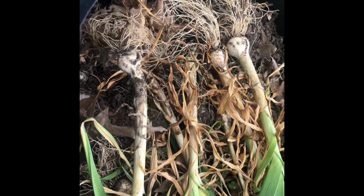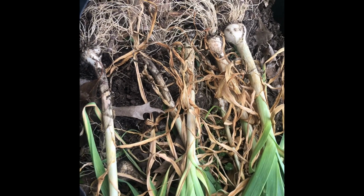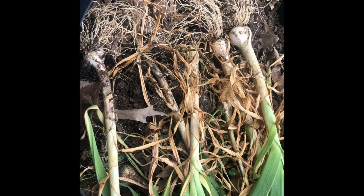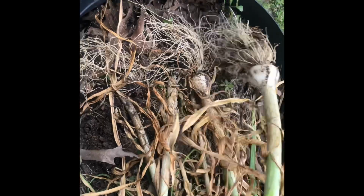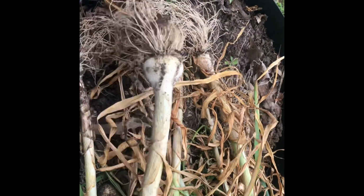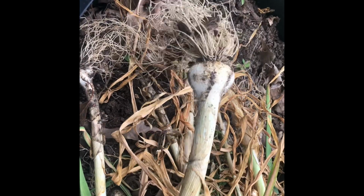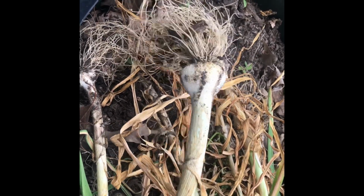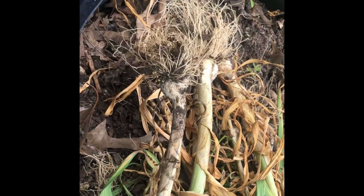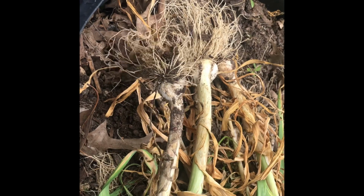All right, the other thing I do is, when I harvest this garlic, I don't use all of it. I save some garlic to plant for next year. The ones I use to plant for next year are these big cloves. I am trying, year after year, to continue to plant these big bulbs that will have big cloves, so that all my bulbs will eventually be big size. If you plant the little cloves, you're not going to have big garlic. You're going to have small garlic,